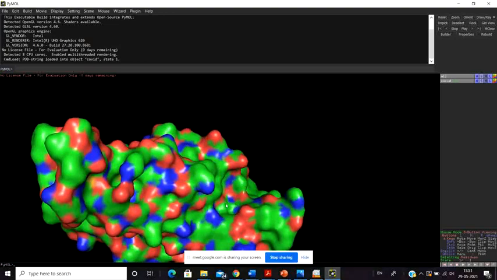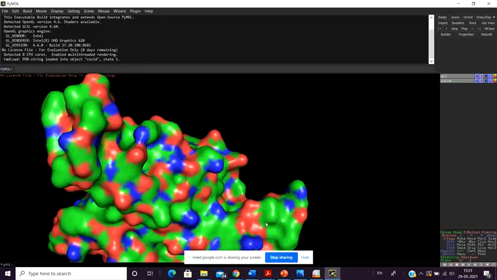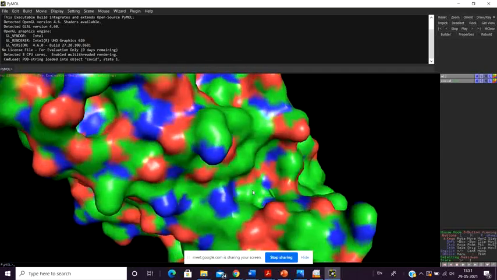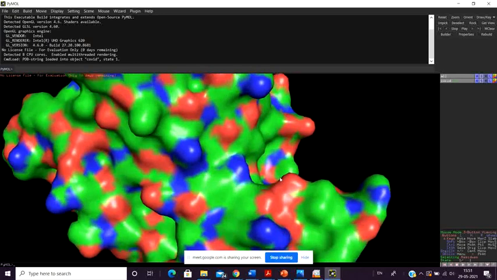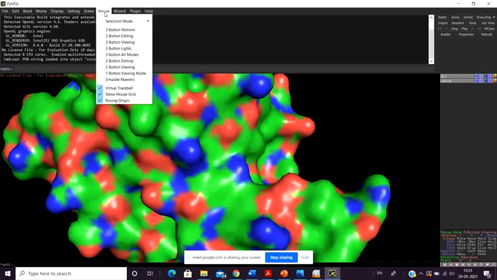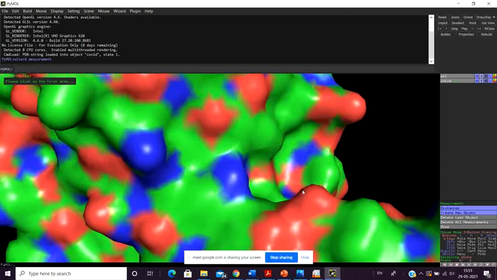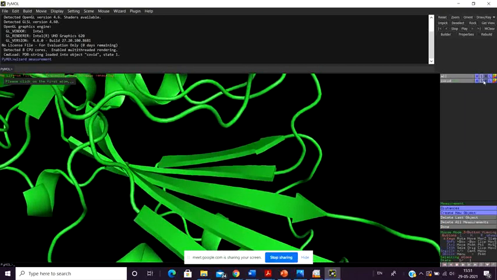Now if I design a molecule which has an atomic radius more than this prescribed volume, will that drug fit into this groove? No, it won't fit. So we have to analyze and see what is the distance here, and there are some ways you can measure this. Suppose I want to measure the distance between this particular residue and this particular residue, and let me select.